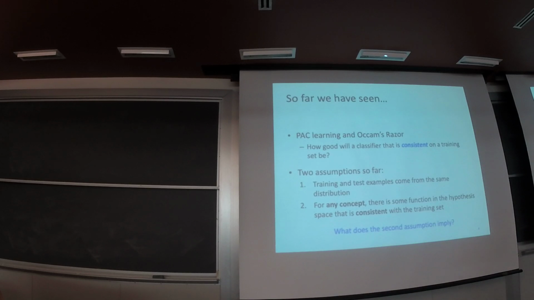So you can imagine there are two sets, right? One set contains all possible target functions. The other set contains all candidate functions. Right? For any target function, we can find the corresponding candidate function in the hypothesis space that for any training set, their predictions are exactly the same. What does it mean? First, in the extreme you can imagine, right, you can use an arbitrary set of training examples, you require that there is a corresponding function in the hypothesis space whose predictions are the same. What does it mean? It means that in the limit they should be the same. Otherwise, how do you make this guarantee?